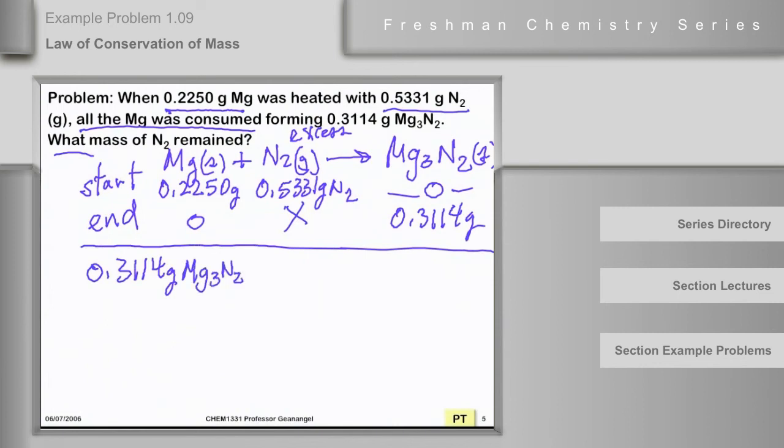And we know something else. We know that 0.225 grams of that is magnesium because all of it was used. So we're going to subtract 0.2250 grams of magnesium, and the number we end up with is 0.0864 grams of nitrogen